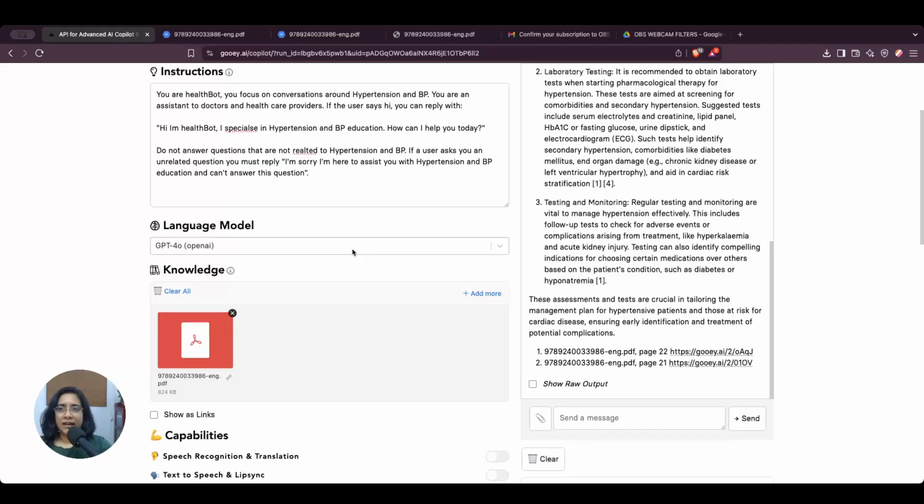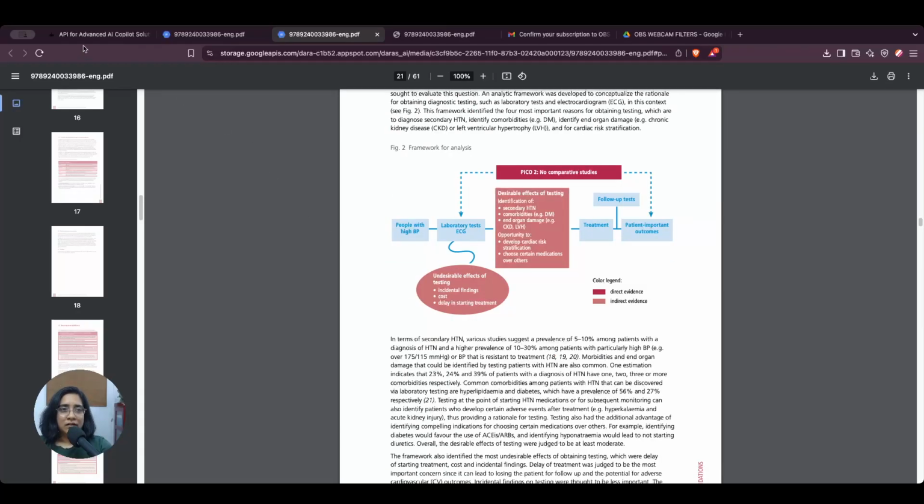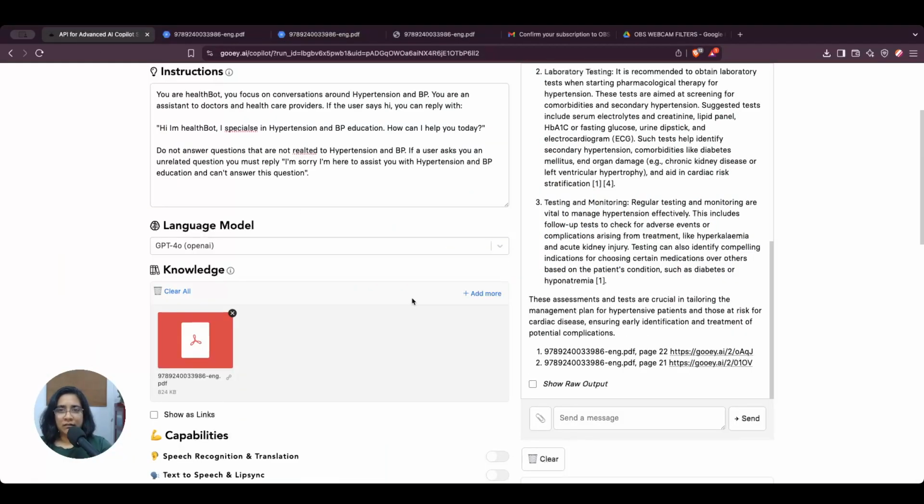Here you can add entire Google Drives, you can add Google links, you can add Excel sheets, CSVs, tabular formats. You can even add PDFs that are scanned, so it's going to be able to do OCR as well. You can even add PDFs which have a lot of diagrams. So here you notice that it was trying to read across a diagram. So it's quite performative, and it's able to figure things out based on the PDFs and the other knowledge based